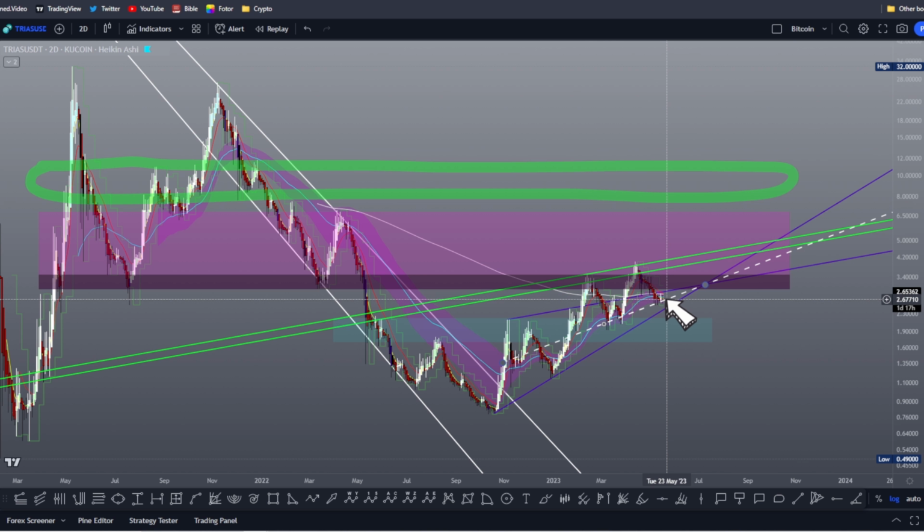But let's say we bounce from here and break above $3. Look out for here. It's also going to be pushing it back above the 50 estimated moving average on this 2-day chart. And then for the breakout target, realistically, to see another momentous move towards the upside, is just in terms of this ascending